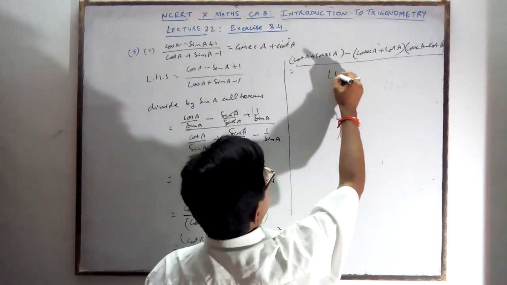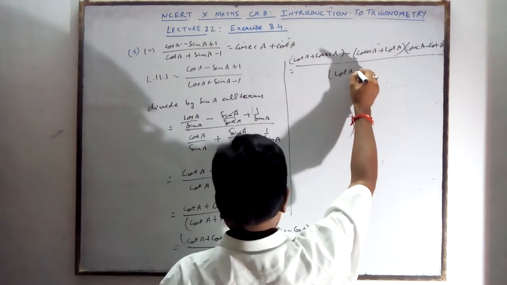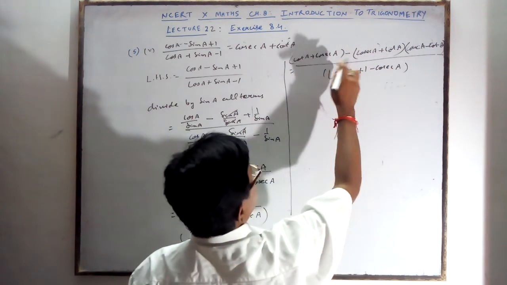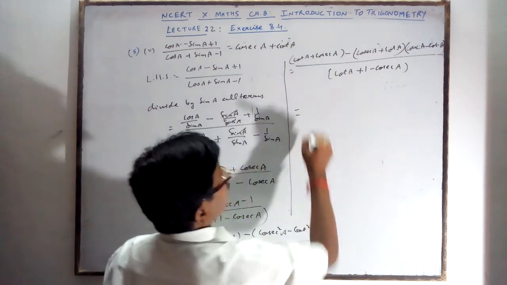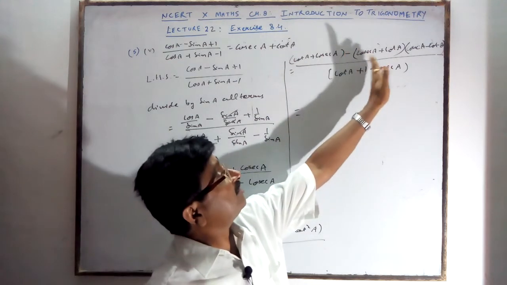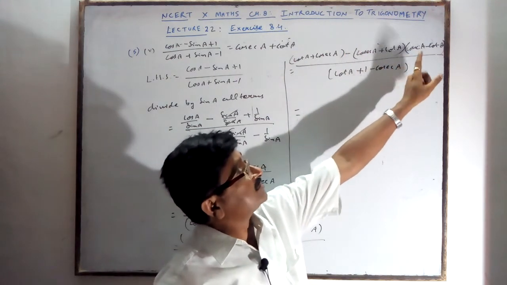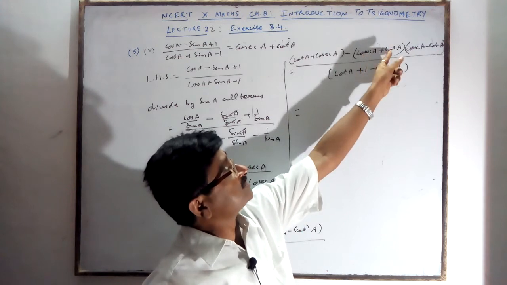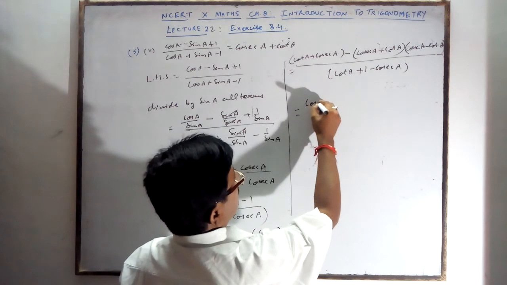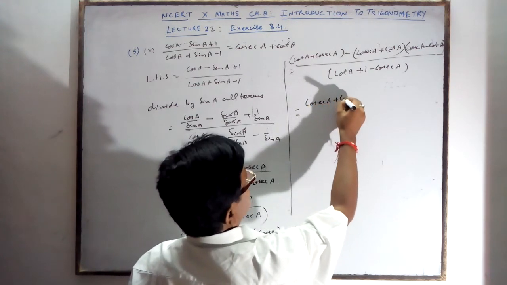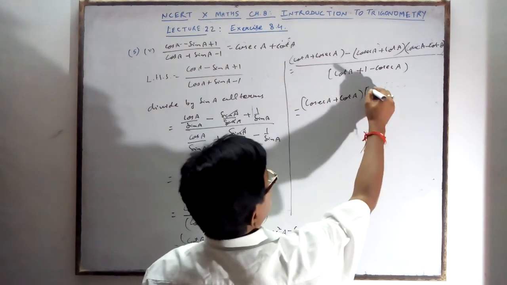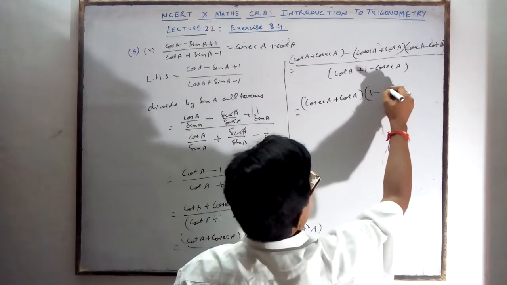Denominator: cot A plus 1 minus cosec A, you write in the denominator. Numerator, you see 2 terms. One term has cot A plus cosec A, another is cot A plus cosec A into cosec A minus cot A. It is cosec A plus cot A. So this bracket is common. You write here cosec A plus cot A is common in both terms. What is left here? Here in this place 1 minus this sign. What is?